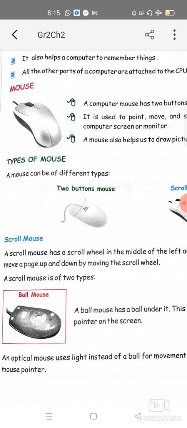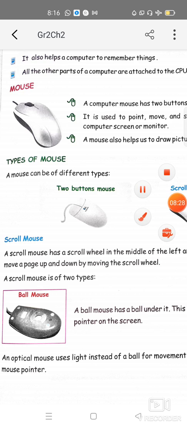It helps computer to understand your instruction and commands it to process the data, and then it sends the output to output devices to display the result to you. It is also used for the storage of your data, means it also helps to remember the things where you are storing data. Taking track of all these things is done by the CPU. There are many parts inside the CPU also, and some programs which are used for different things.